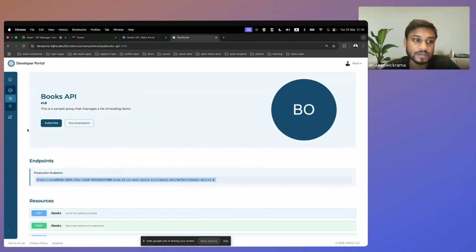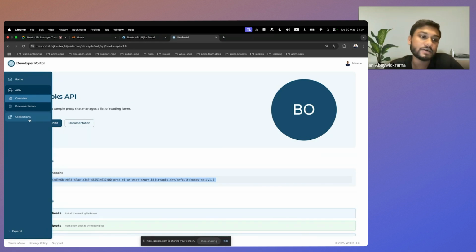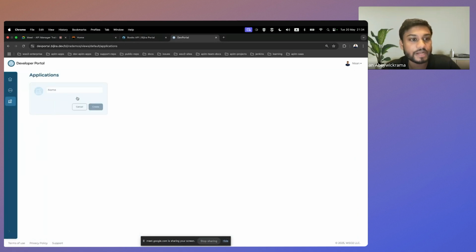Now our next task is to create an application and subscribe our API to that application and invoke it. So to do that, we have to go to the applications menu over here and create an application. And once the application is created,